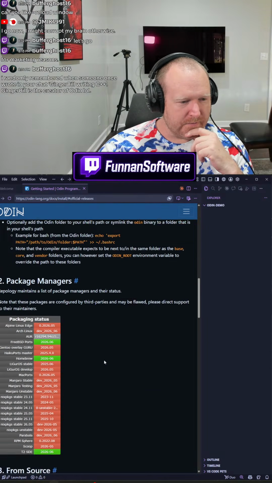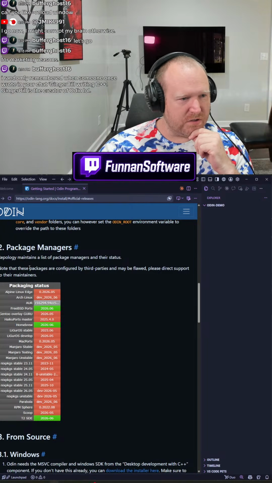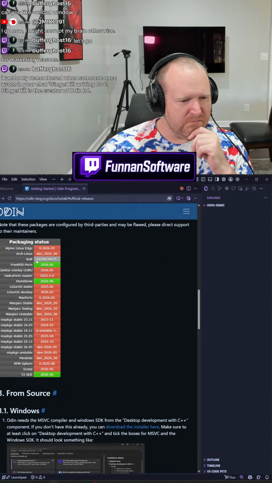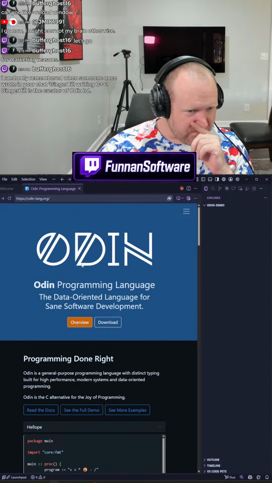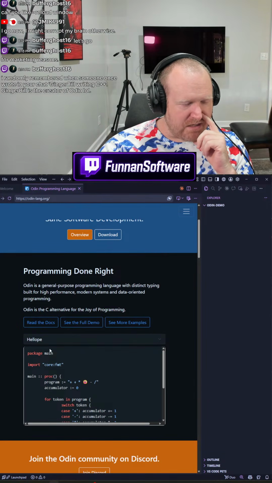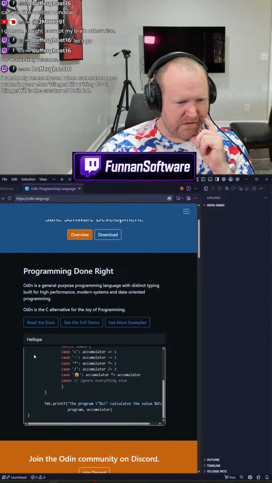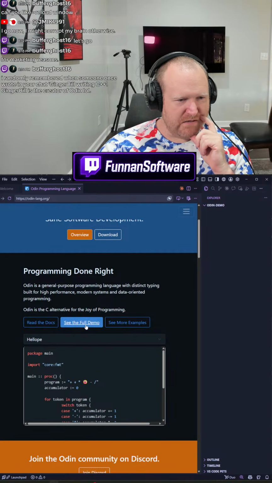Check. Package managers. Repology maintains a list of package managers. Okay, I don't think I need any of this anymore. Programming done right. All right. See full demo, see more examples.